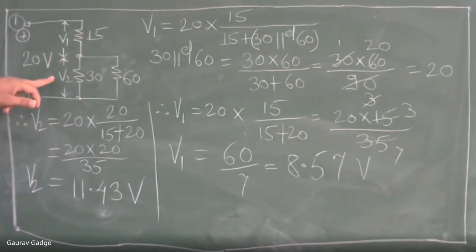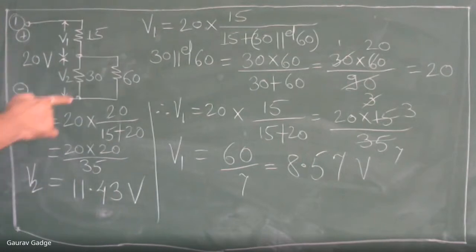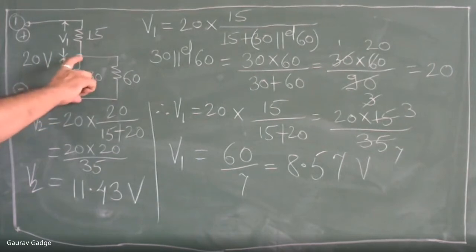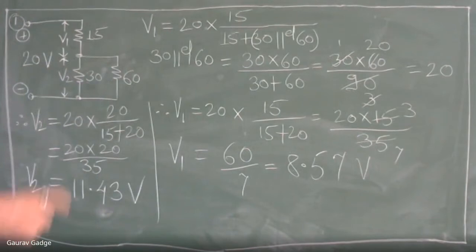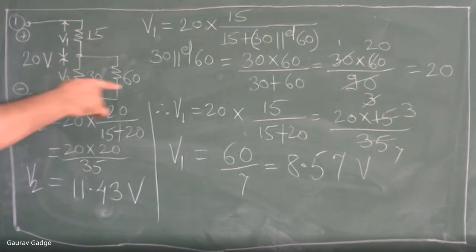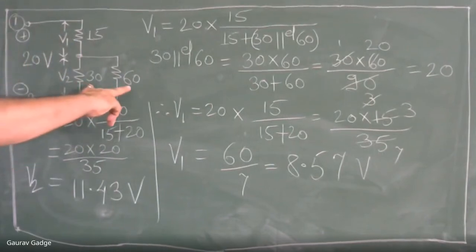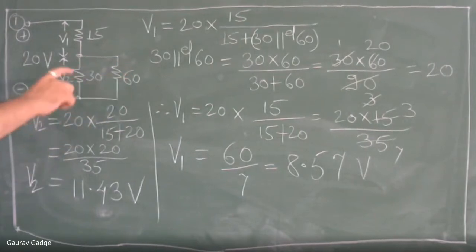That is, V2 is the voltage drop across 30 as well as 60. Okay, so this is your second numerical. This way you can solve the numerical. But please remember that whenever you have this kind of combination, you cannot consider only one resistance for the branch, because this particular branch consists of two elements connected in parallel. So this voltage division, this V2, is not only because of 30, it is also because of 60. That is the parallel combination of those two.